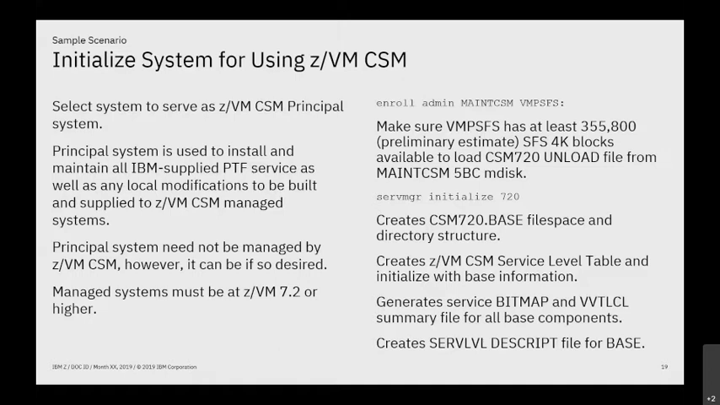So the first thing I'm going to need to do on the principal system is add a bunch of space to the VMPSFS file pool. I'm also going to want to make sure that I enroll MAINTCSM as an admin. By default, it's not, but MAINTCSM does need to be an administrator in the file pool. And so I'll add a bunch of space. Again, the absolute minimum is 355,800 blocks, because when I next execute the second command here, SERVMGR INITIALIZE 720,